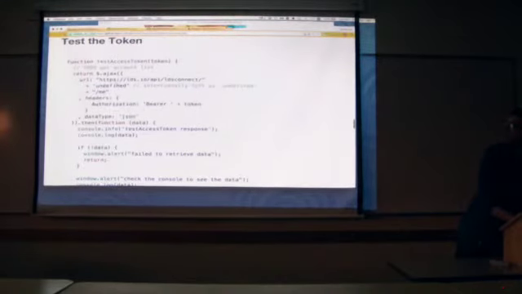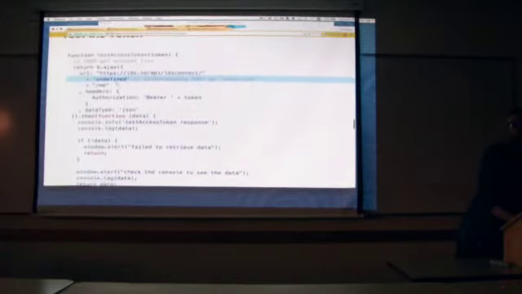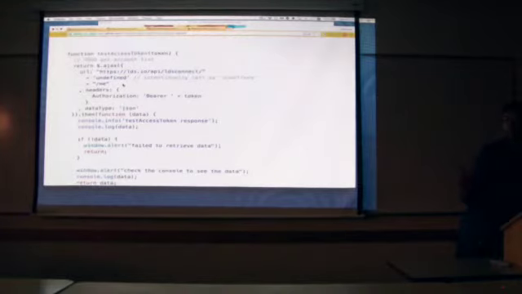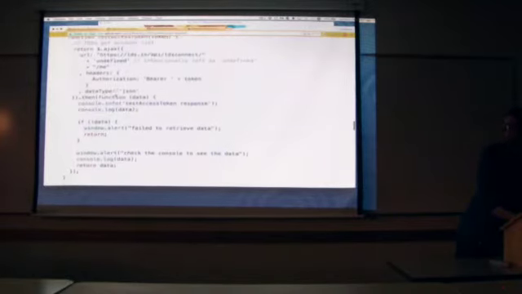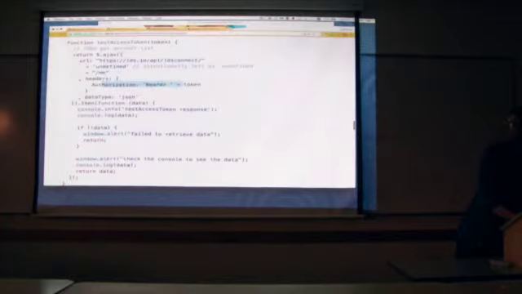I just make an AJAX call, and that is undefined on purpose. That's just a me thing right now, because you can log in with a session or you can log in with a token, and if you're logging in with a token, right now I leave the ID of the account undefined because it finds that out once it parses the token and checks it in the database. So that's why that's there that way. That's just a me thing. And then authorization bearer is where you actually pass the token.